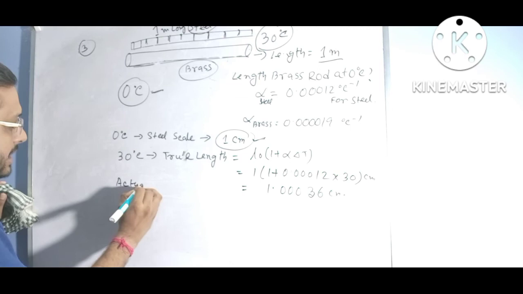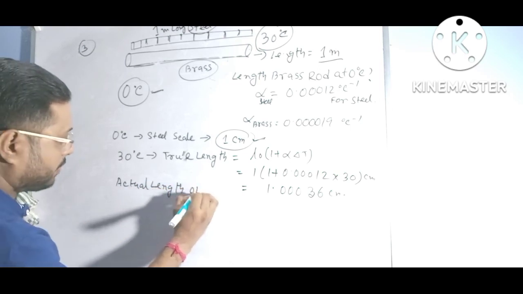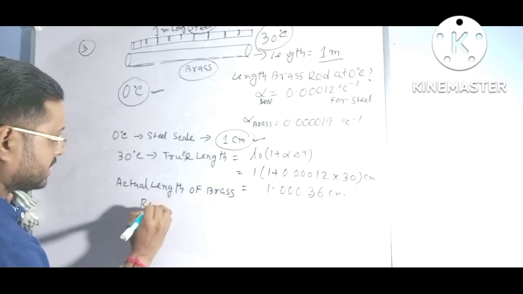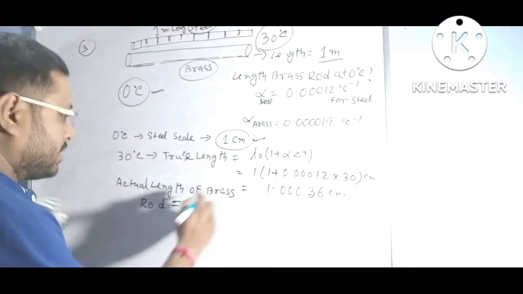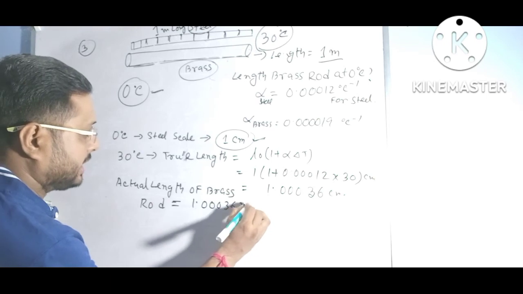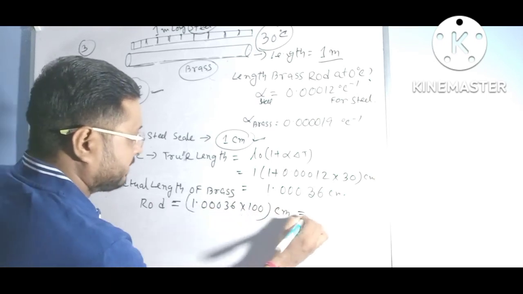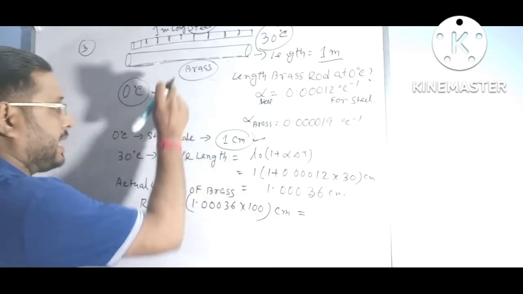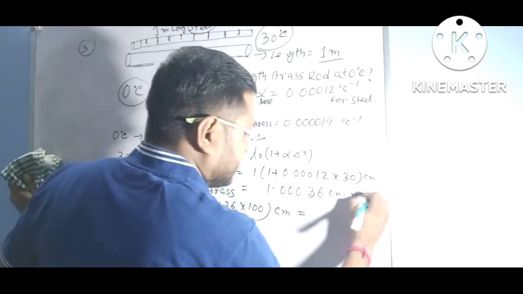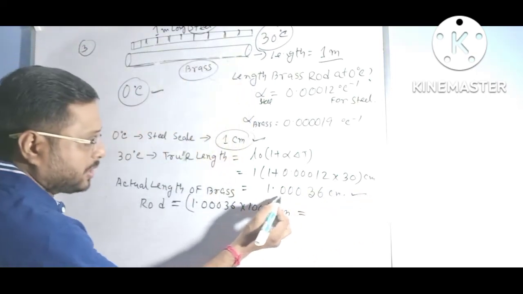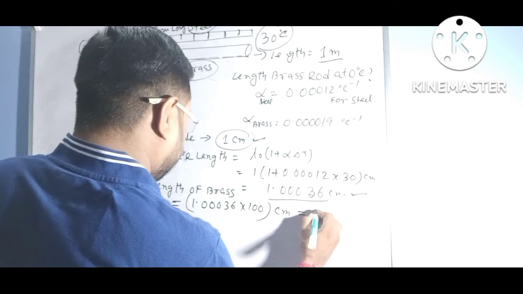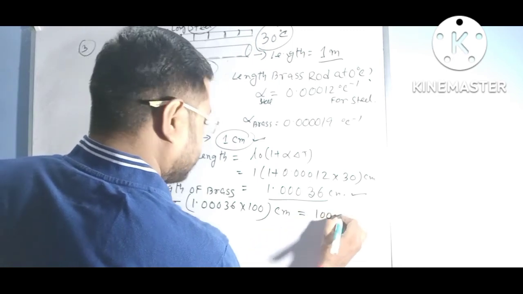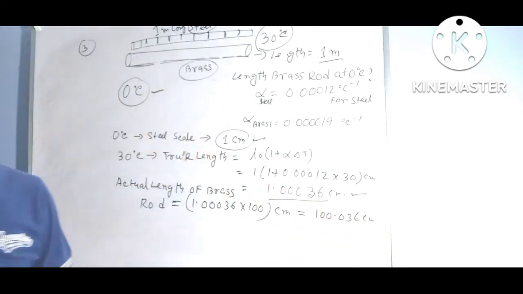उसका एक्चुअल लेंथ होगा, एक्चुअल लेंथ ऑफ ब्रास रॉड 0 डिग्री में, 30 डिग्री में उसका होगा 1.00036 इंटू 100, बिकॉज 100 सेमी इक्वल टू 1 मीटर। एक घर का स्मॉलेस्ट डिवीजन ऑफ स्केल इज गिवन बाय 1.00036 सेमी। सो होल स्केल का कितना होगा? 100 से मल्टीप्लाई करेगा। सो इट कैन बी गिवन एज 100.036 सेमी। Now,